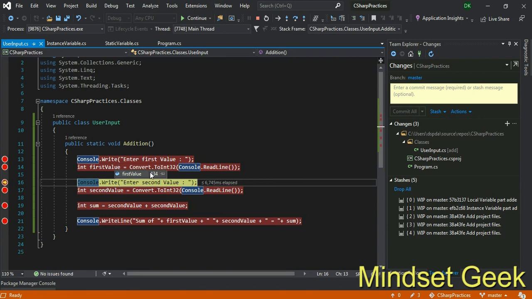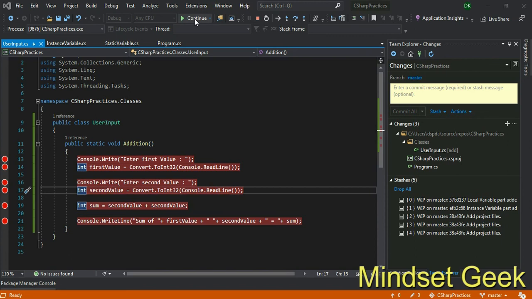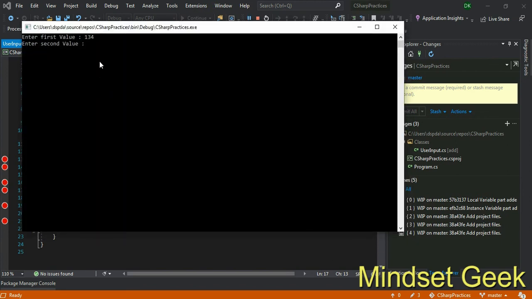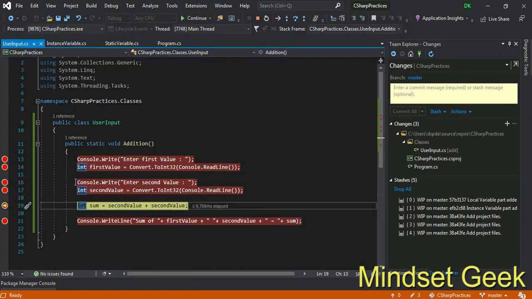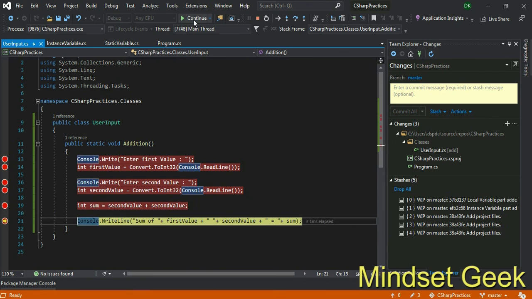You can see first value as 134. No problem, right? First value is 134. Then second, open, enter second value, whatever value you want, and enter. This will hit, right? Check second value 345, first value 134, right? No problem. Then use next.